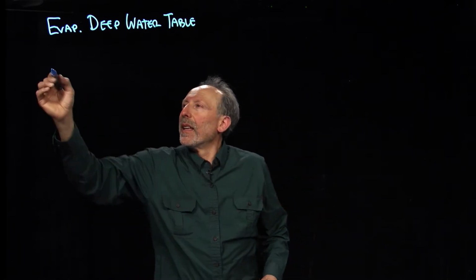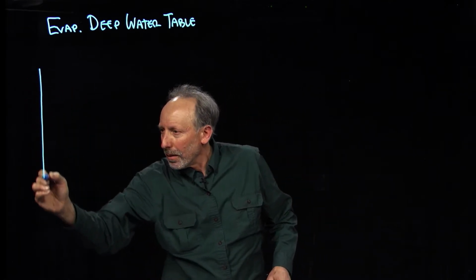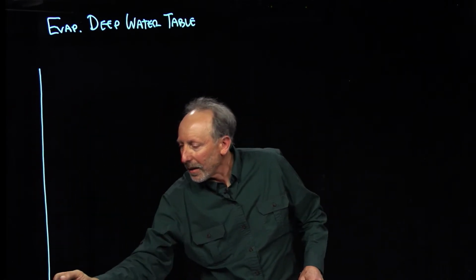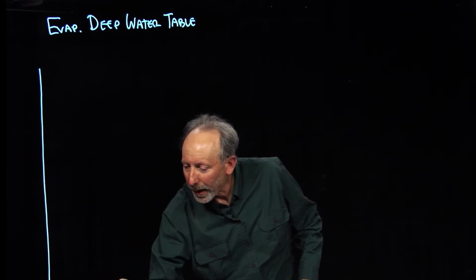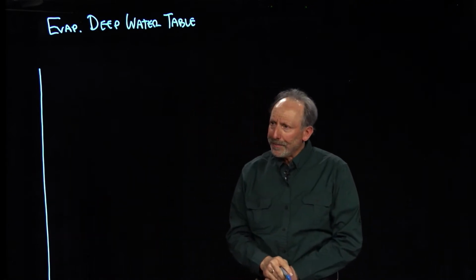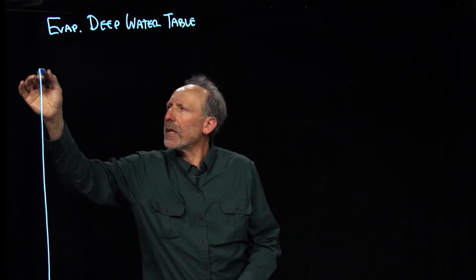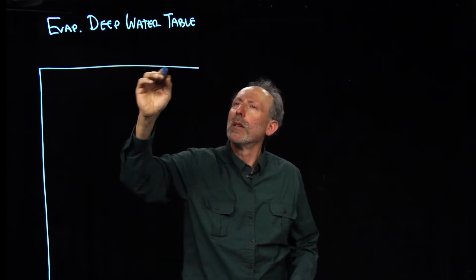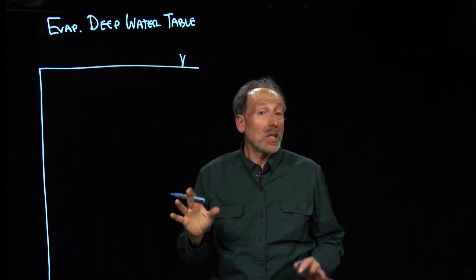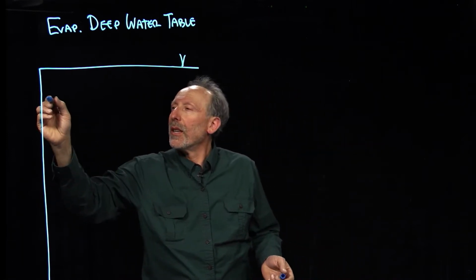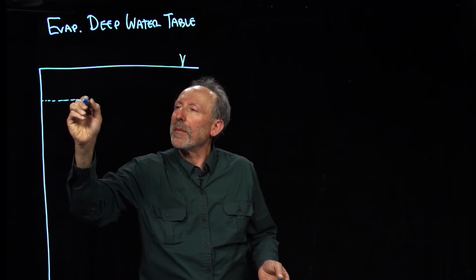So here's going to be our elevation. And right here, we have some water table at some great depth. Okay? Now, here's the surface of our soil. So this is a land surface, okay? And what we're going to assume is this has been drying for quite some time. So there is some little depth here,